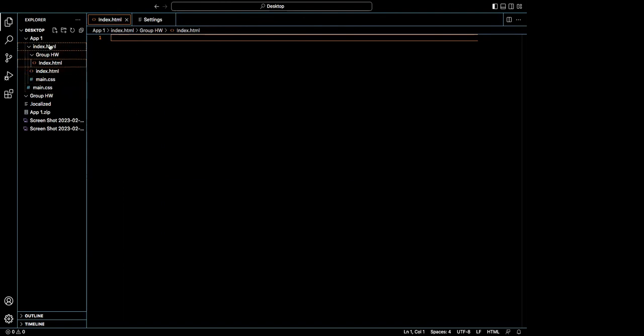One second. So I'm guessing it's just like we do the same thing, create the folder, which I've named group homework, and then we're going to do the 2 tabs, the index.html and then the main CSS. Group. Yep, that works. Okay, okay.